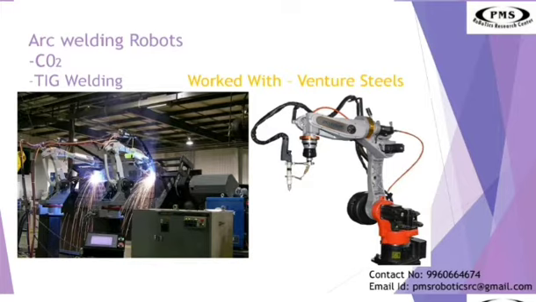That is, the first is gas tungsten arc welding. It is one of the most common robotic arc welding processes. It is considered to be a precision welding method which is best for detailed welds, and it can be used to weld thin metal. Then the next is gas metal arc welding.